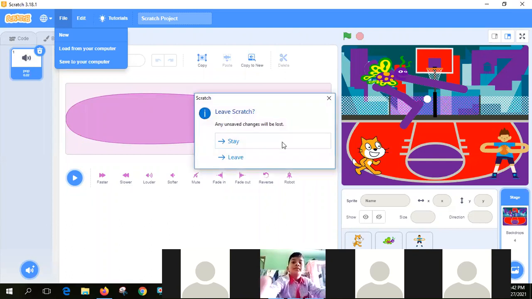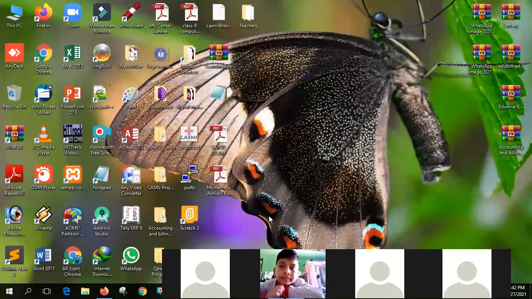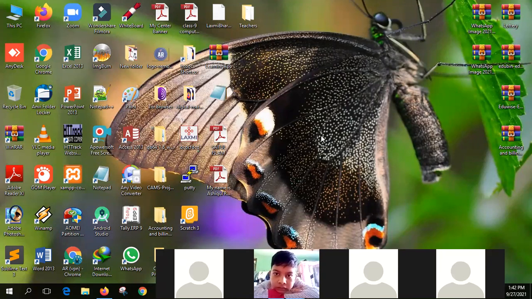Just click it and choose leave, definitely leave, because we want to exit from our Scratch project. So we should use this one option, leave. Just click it, and our Scratch project exits from our computer.